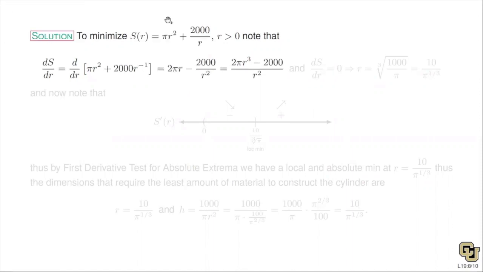And so now we want to find the critical points. So now I want to know where the derivative is 0 and undefined. We know that it'll be 0 when the numerator is 0. So it'll be 0 when r cubed equals 2,000 over 2 pi, or 1,000 over pi, or r is equal to the cube root of 1,000 over pi. And the cube root of 1,000 is 10. So I write this as 10 over the cube root of pi. Certainly, that's positive, and so it's in our domain. And